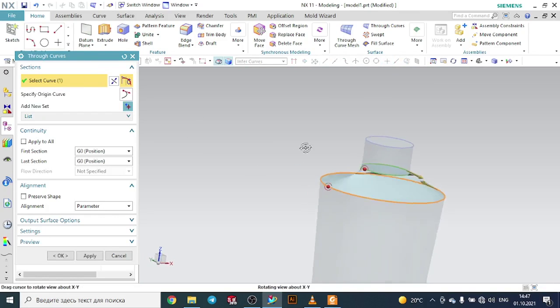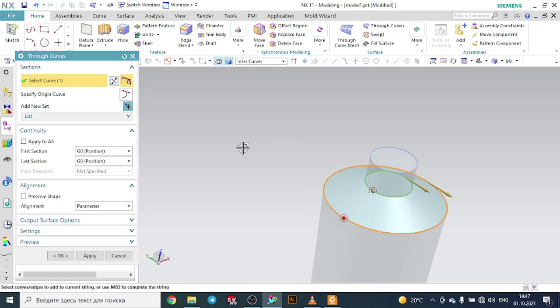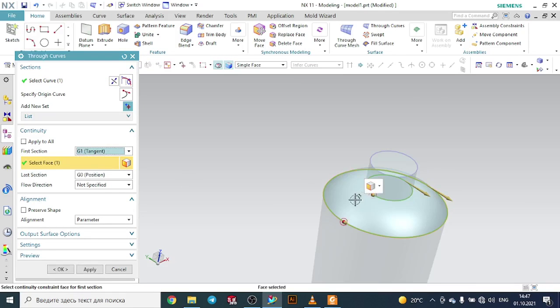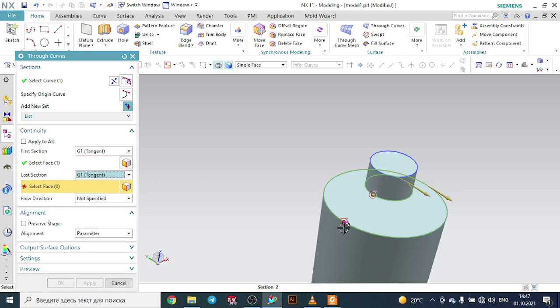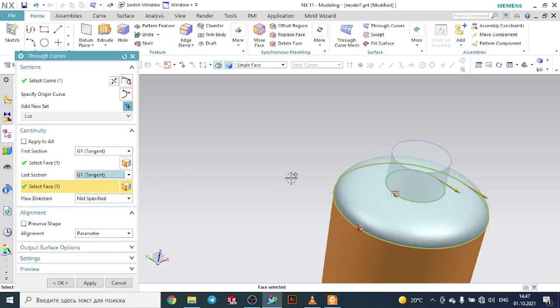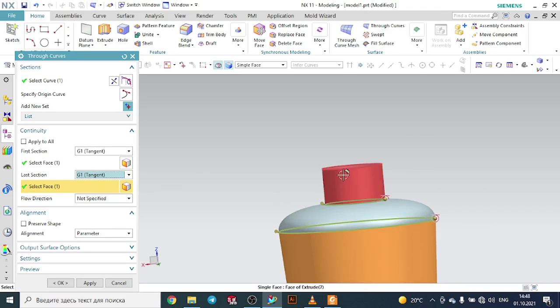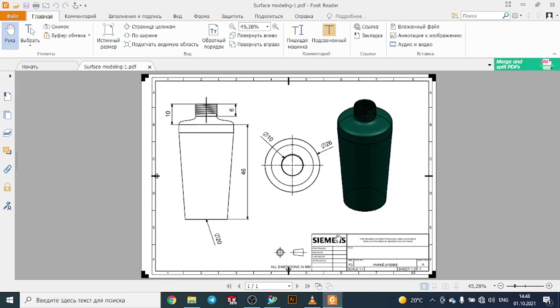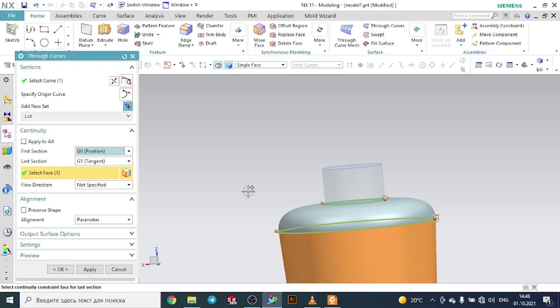this one. So it is connected, but it is in the reverse direction. Now here select this one, G1 tangent, this one and G1 tangent again with this one. So you see here this one is obtained. Maybe we can change this one. Let me see here. You see the shape is like this. So let's make the shape like this. In order to do this,